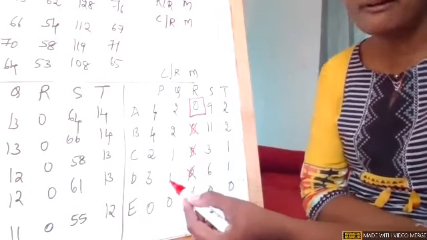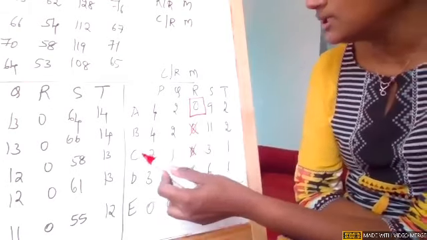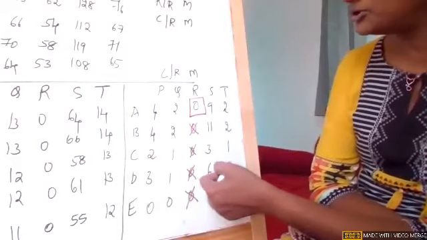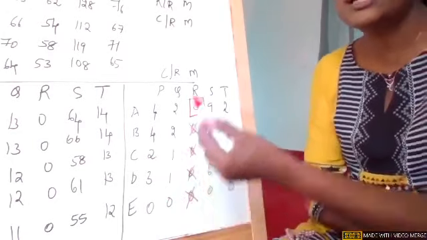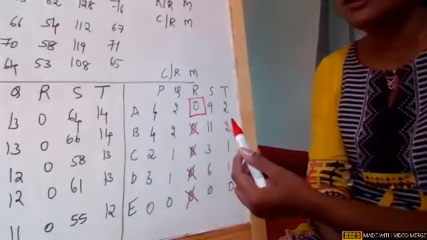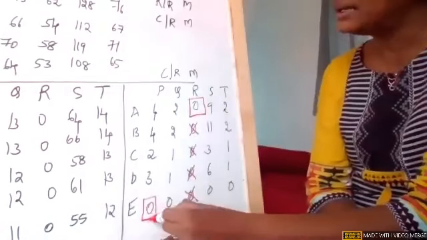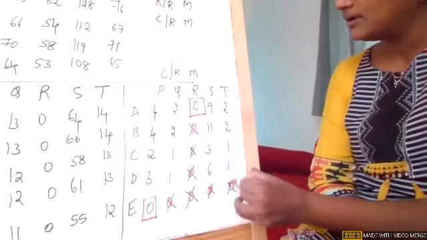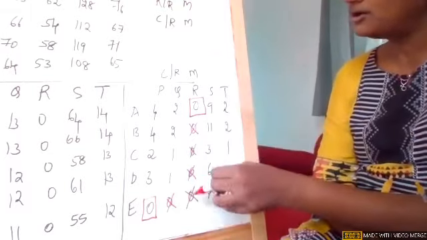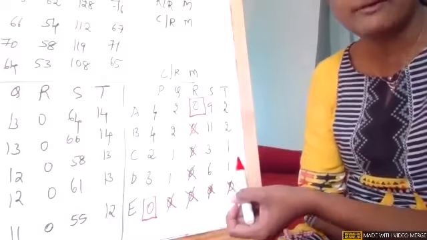Am I clear with step 1? Yeah. Now go to the second row. Third row, there is no zero. Fourth row, there is no zero. Fifth row, there is no zero. Now row wise, all rows are done. Now go column wise. When I go to the first column, I have a single zero. After assigning, immediately cross off the corresponding row zeros. Second column, no. Third column, I already have an assignment. Fourth column, no. And fifth column also, I don't have any zeros.